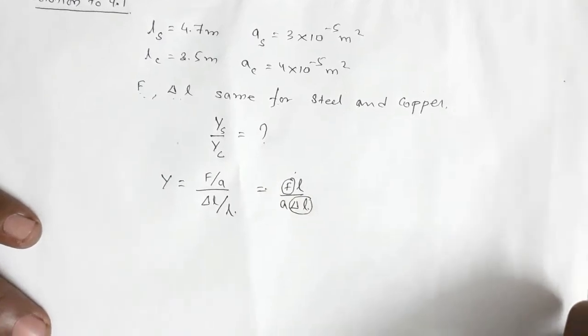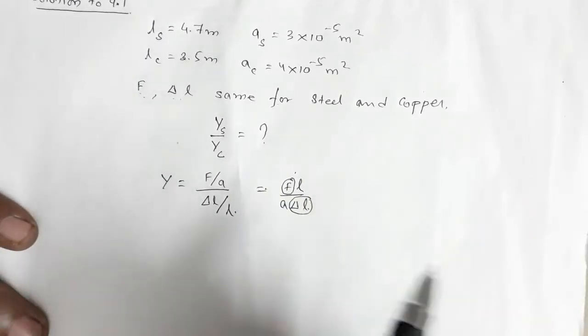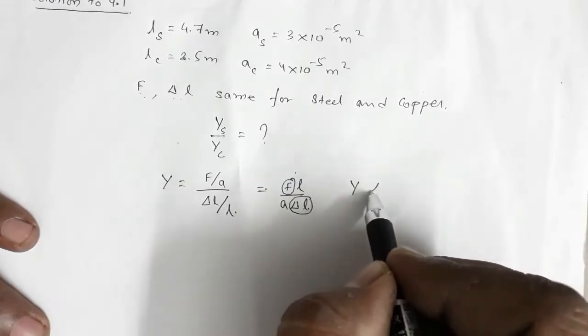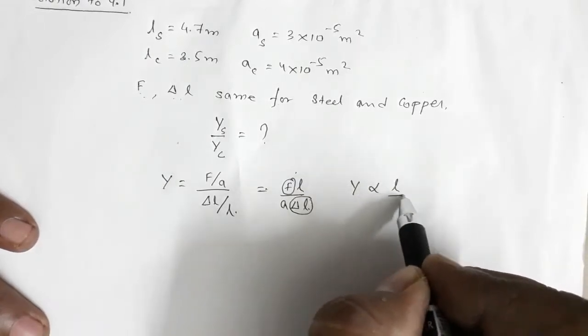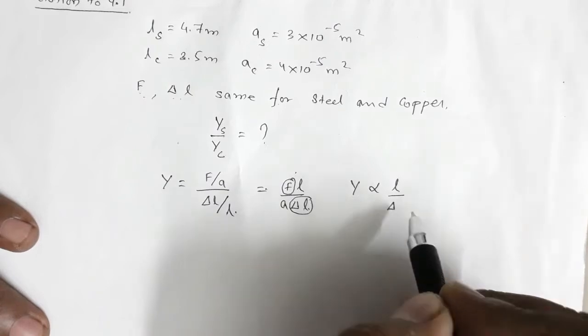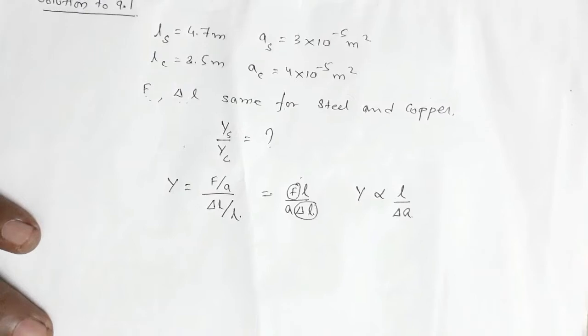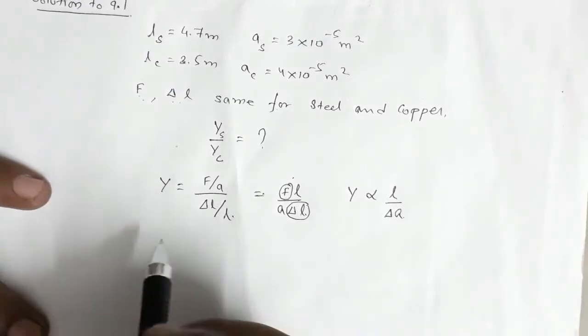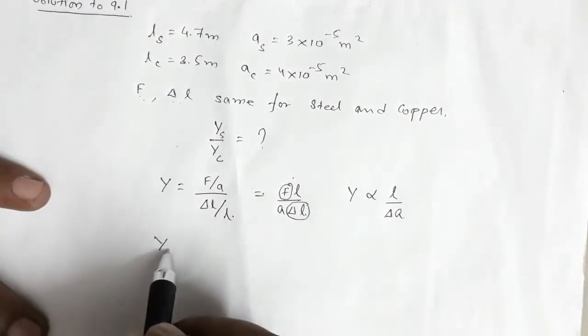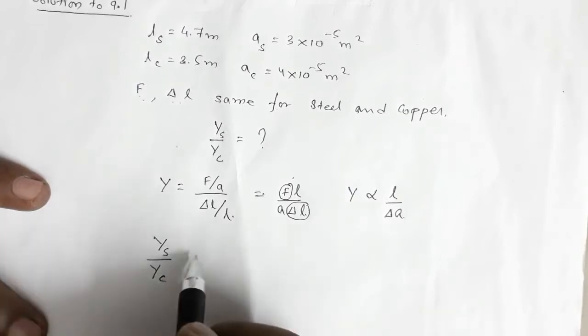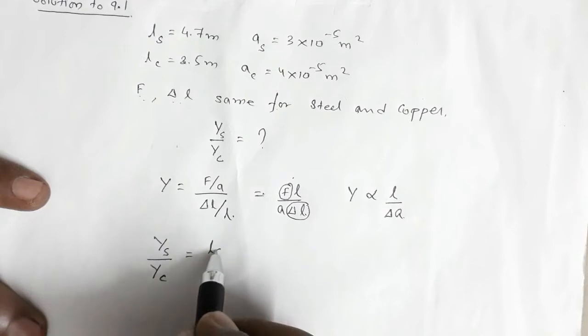So this implies F and delta L is constant. So in that case, Young's modulus is directly proportional to length and inversely proportional to area from this expression. So Young's modulus of steel by Young's modulus of copper will be